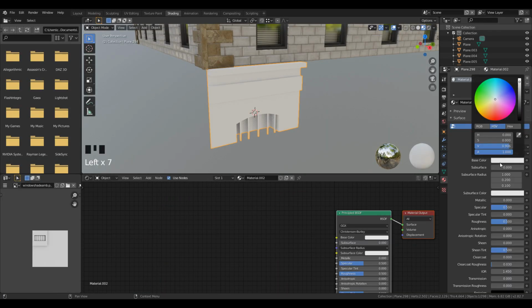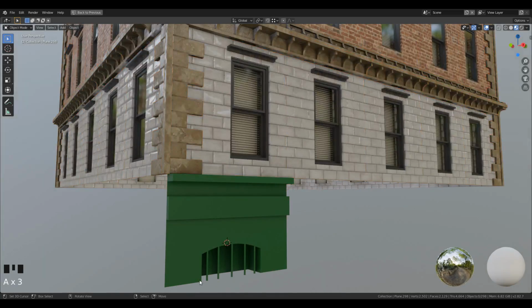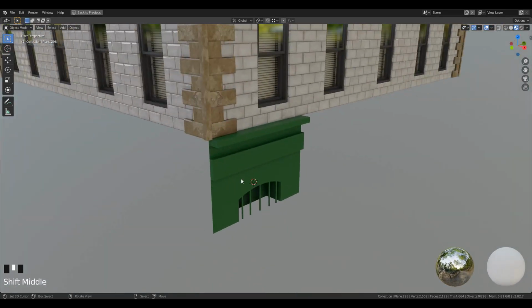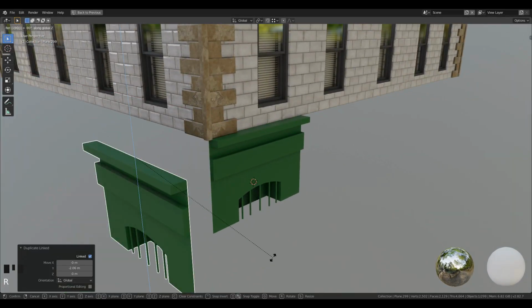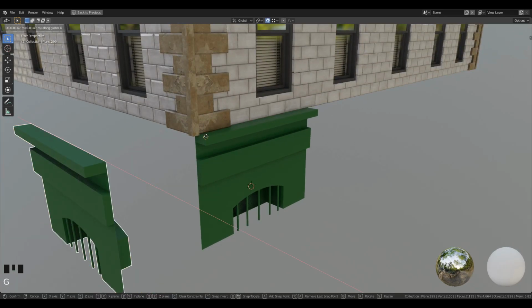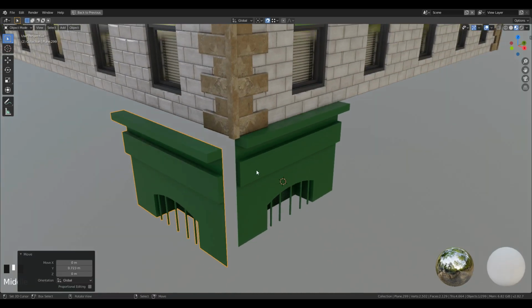After that, just add material to it. I will be giving it a dark value of green color. You can give gray or bluish color too. Now just like before, make an instance of it, rotate it 90 degrees and snap it on the edge